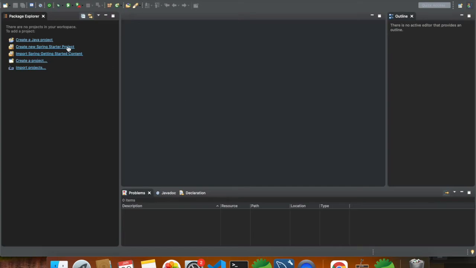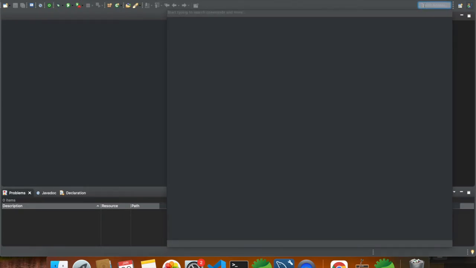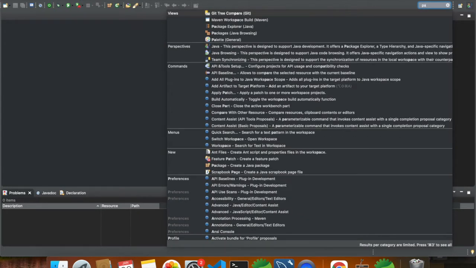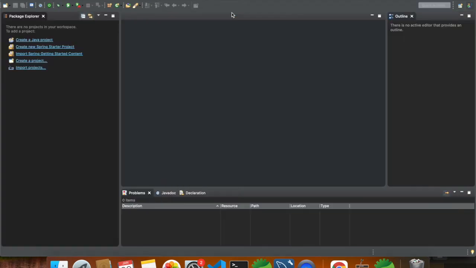By default here we have Package Explorer from where we can import the project. But in case you are not getting this window, let me tell you where you can find it. In the top right corner we have quick access. Here you can type whatever view you want. Here we need Package Explorer, so let me search it. Now we got the Package Explorer and we can import the project.